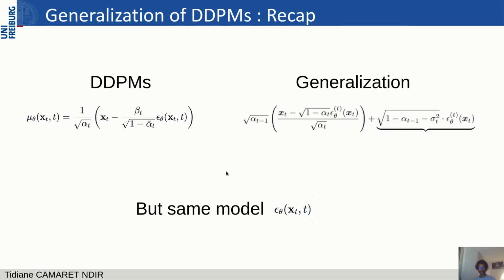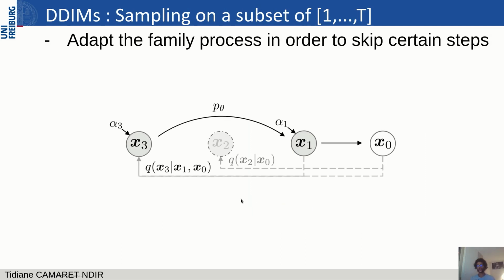Right, so we can do a little recap. For the original DDPM, we had this formula for the mean of the generative process. But for the generalization, we have this formula here, which is indexed by sigma. But we remember that both of these formulas use the same trained model because we have the same training objective in both cases. All right, but let's not forget our main objective, which is to reduce the number